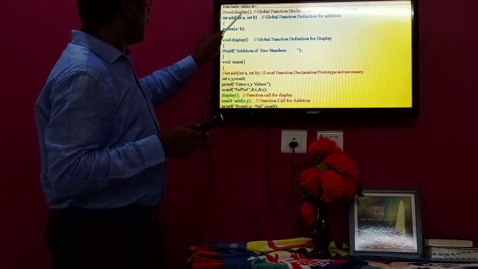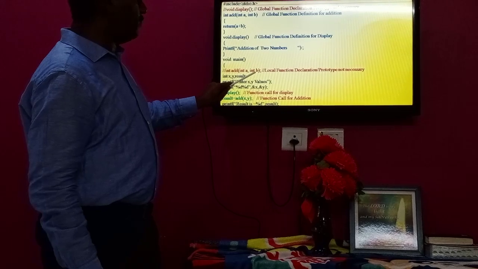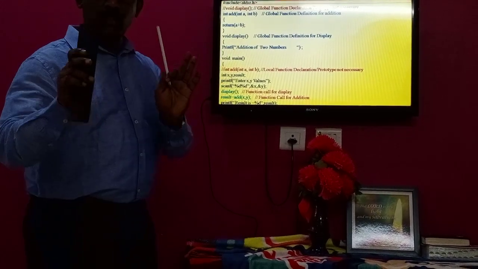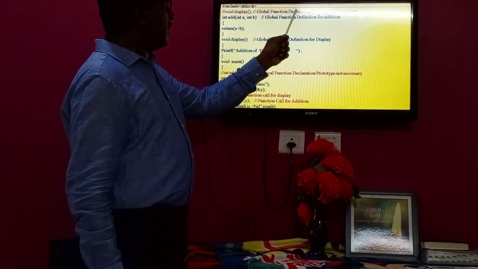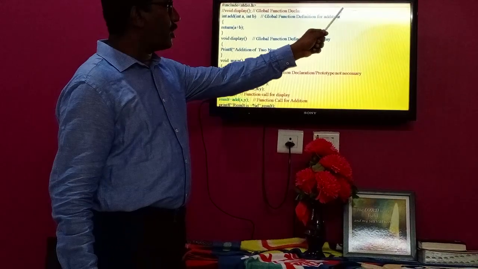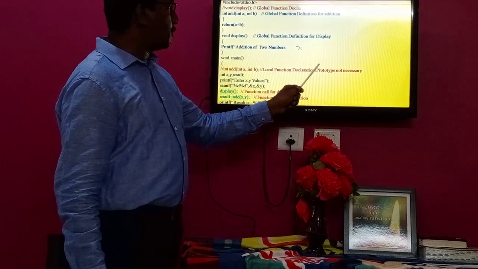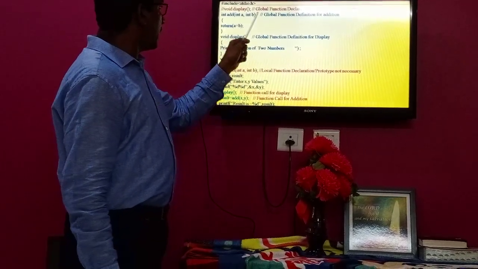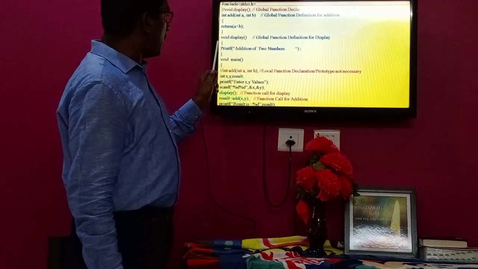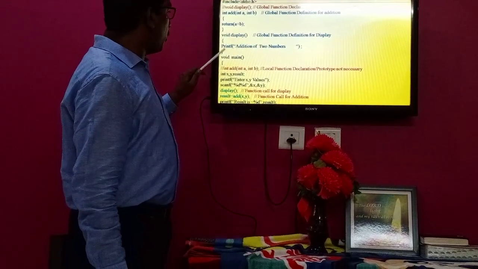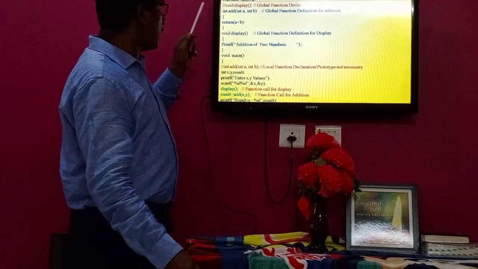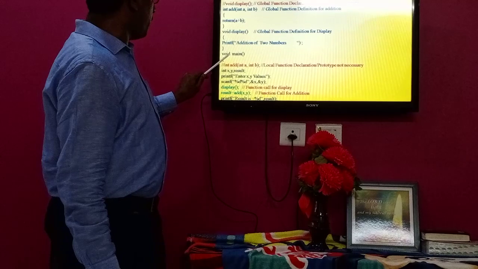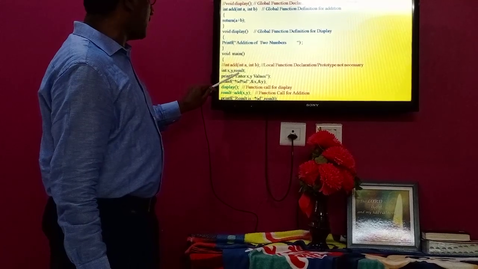I hope it is clear why these two statements are ignored. So a global function declaration or prototype is not necessary, and a local function declaration or prototype is not necessary, because the add function as well as the display function are defined before main.